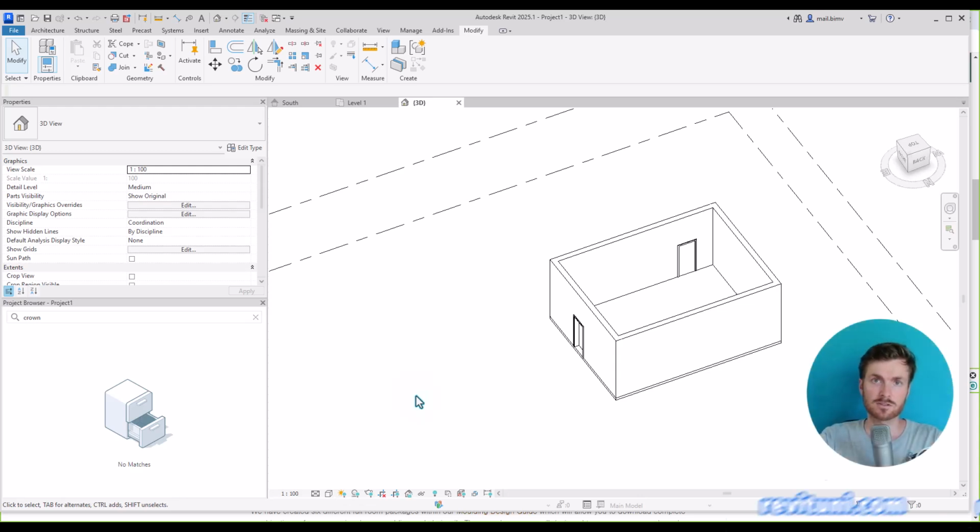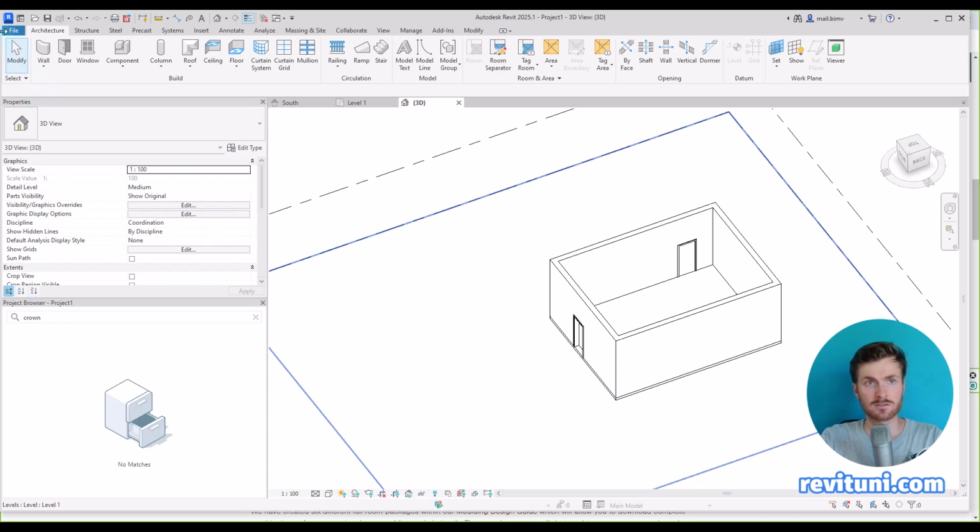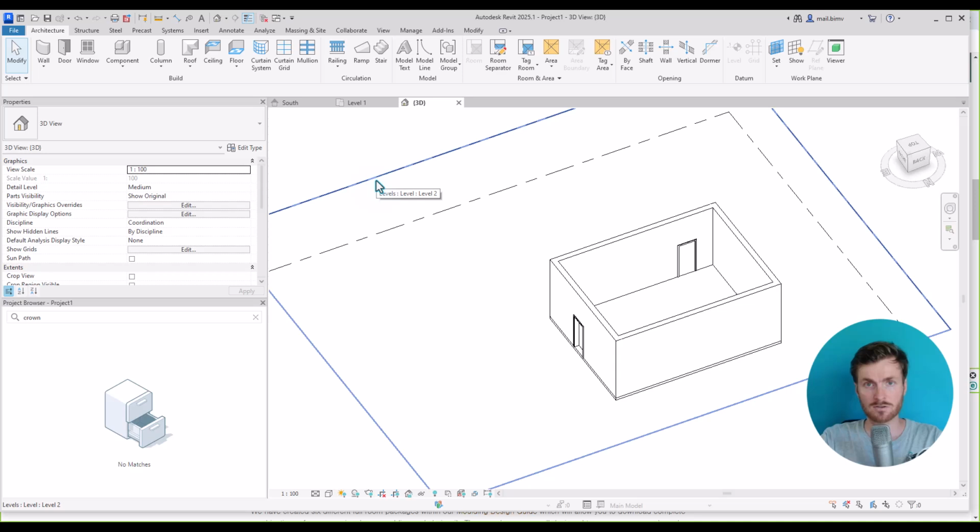This is revituni.com, and in this tutorial I would like to share with you how to create a baseboard and molding in Revit. Unfortunately, on the Revit interface we will not find the tool that is strictly dedicated to this task, so we will have to think a little bit out of the box, and I will show you two methods of doing so. The first part would be pretty much the same because it will require from us to